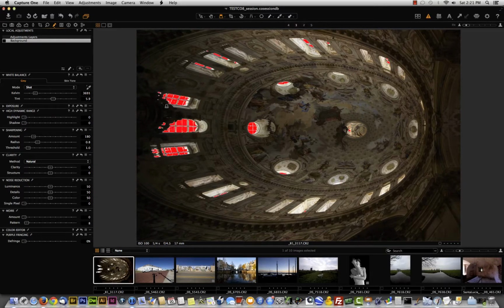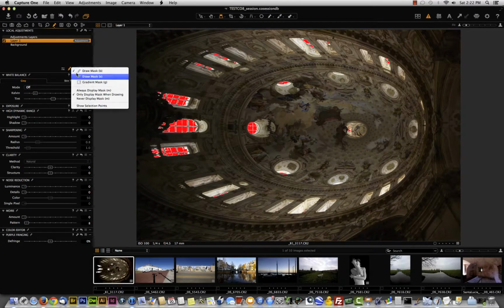I want to correct it, but I don't want to put some unneeded correction on the other areas of the image, because every time you use a tool to correct, it elaborates the image, and sometimes it corrects things that you don't want corrected because we're real. So here I can do another layer, an adjustment layer in this case, and you see here that you have adjustment, it was clone, and it was heal when you add the other kinds of layers. And we can draw just a simple gradient mask